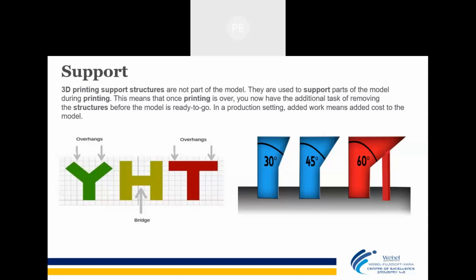But on quality, the finer the layer, the better your surface quality will be. The thicker your layer, the more layer marks you can see later on. If your layer height is getting higher and higher, there will be lower surface quality. And if your layer height is getting smaller, your surface quality will be much smoother. So this is another part of 3D printing which we need to consider during printing.